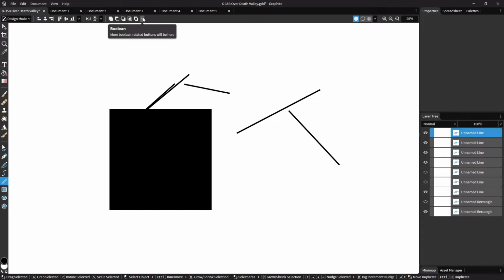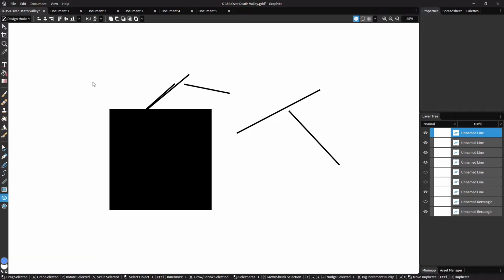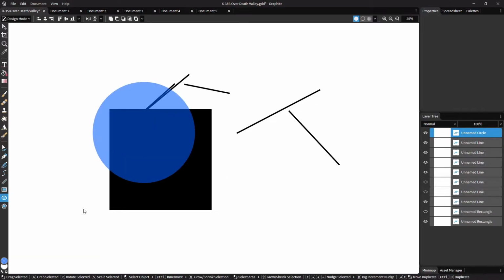We also have now drop-downs. These are just placeholders, these particular ones, but we do have popovers for the color picker. And you can now pick your favorite color. You can even pick the opacity as you prefer, and then you can draw a partially opaque image over the top.